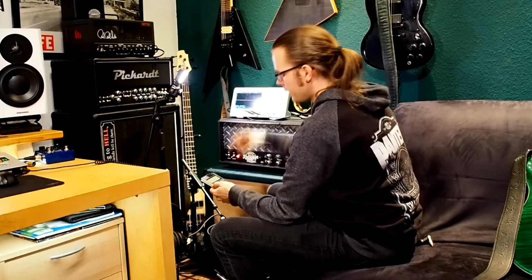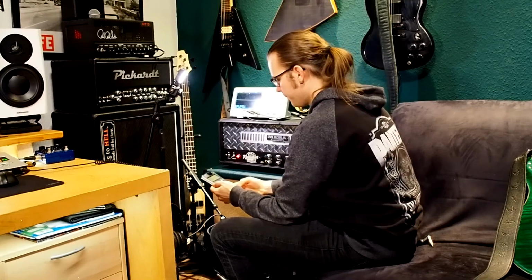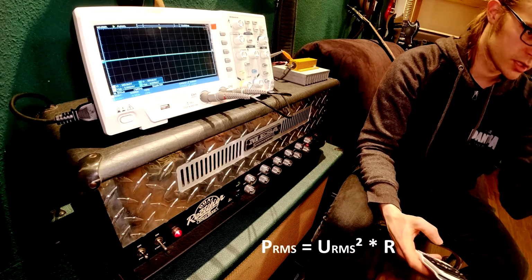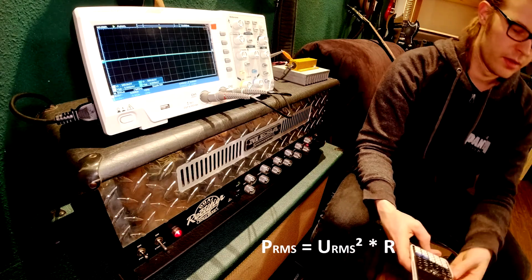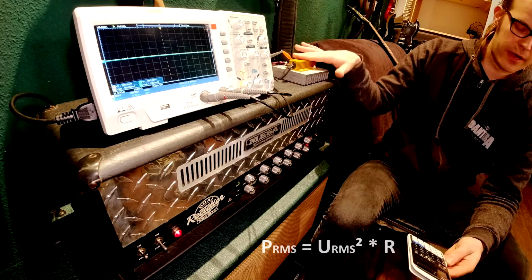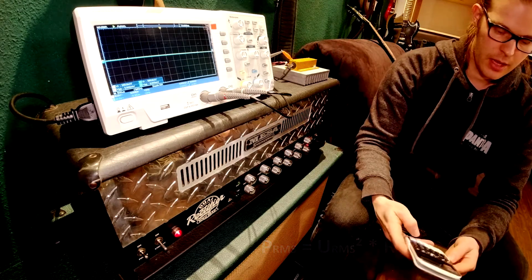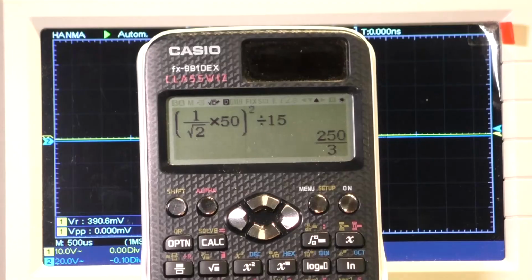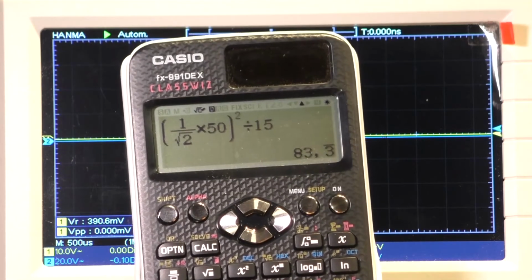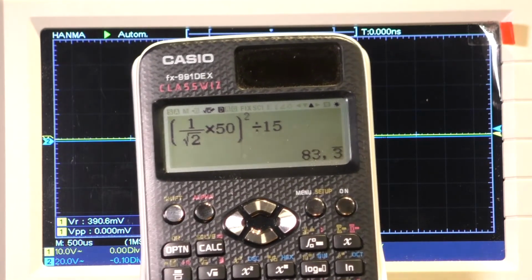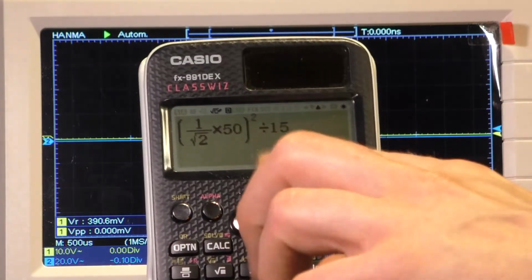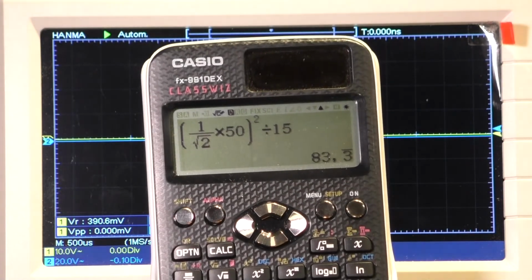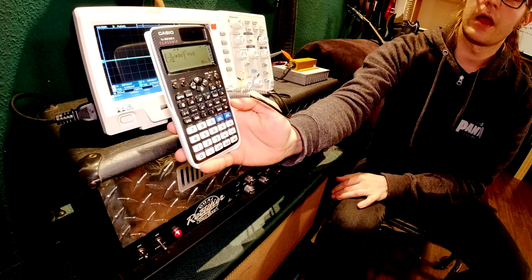And I'm taking the square, because our power calculation is U squared divided by R. So we divide it through 15 ohms. And this is our result. 83.3 watts output power. I have the U peak, our factor, and divided by the resistance that is measured, and we have